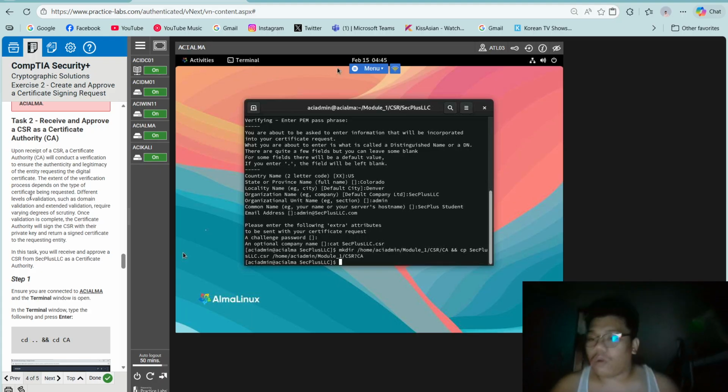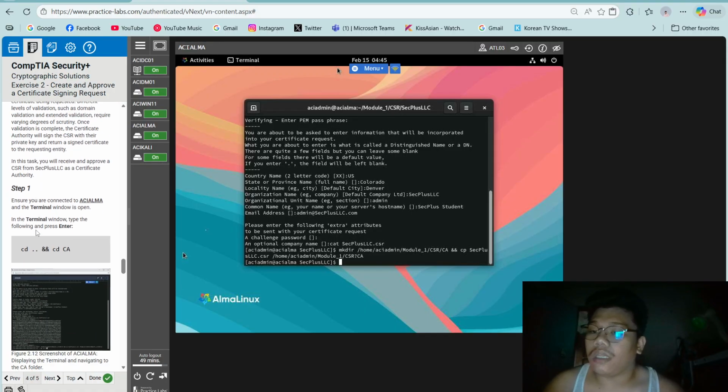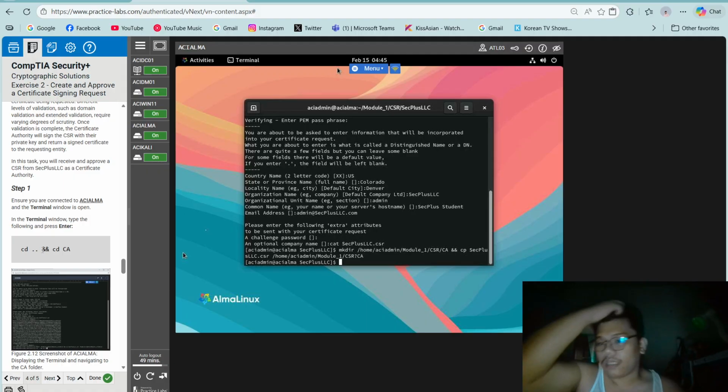Different levels of validation, such as domain validation and extended validation, require varying degrees of scrutiny. Once validation is complete, the certificate authority will sign the CSR with their private key and return a signed certificate to the requesting entity. In this task, you will receive and approve a CSR from SEC plus LLC as a